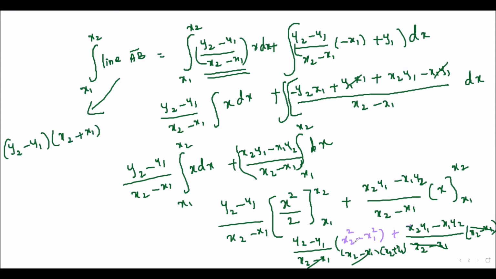And by 2 is there, remember children, here by 2 is there, so 1 by 2 is there here, this by 2 is there. So the whole thing for this, I'm having divided by 2. And my second term is just x2 y1. So this is plus, let me just keep one line to understand that I am continuing here. This is one line.